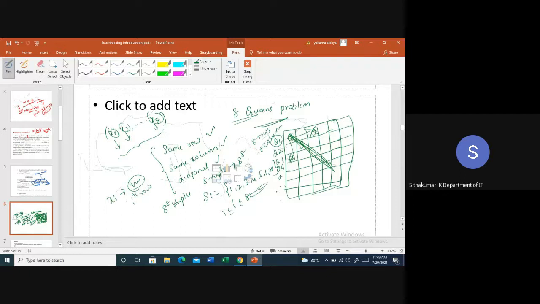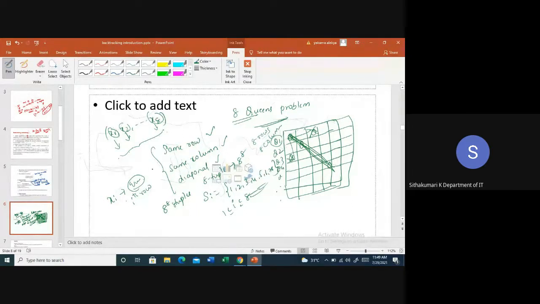Okay, now what are the implicit constraints for this particular problem, the 8 queens problem? We are telling that no two queens should attack. You are supposed to place the queens in such a way that no two queens attack each other. No two queens, in the sense, should be on the same row, same column, or same diagonal. Now for this, no two xi's can have the same value, because what is the constraint? No two queens should be on the same column.